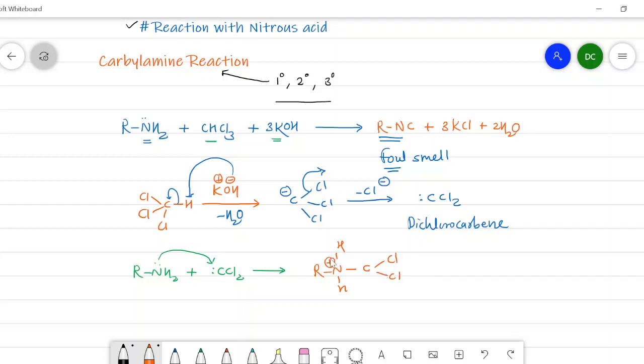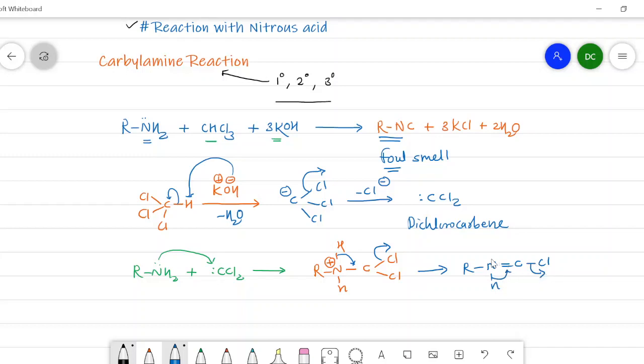This nitrogen possesses a positive charge. Now there is a presence of alkali. So the alkali abstracts this hydrogen and bond between this nitrogen and hydrogen is broken down. The electrons are shifted here with the removal of Cl, so that we get here RNH, a double bond C, then a Cl. Again, it will be broken down